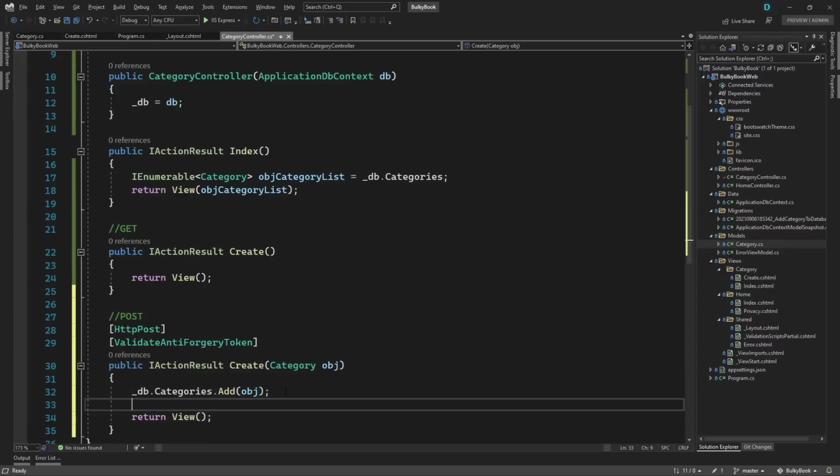It will be pushed to the database when you run the command _db.SaveChanges. At that point, it goes to the database and saves all the changes. Once the changes are saved, we have return View here that will take us back to the same category view. Let's say when we are done, let's go back to the index so that we can see the new category